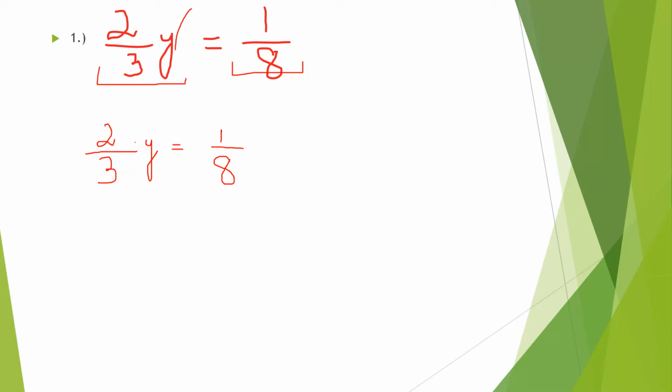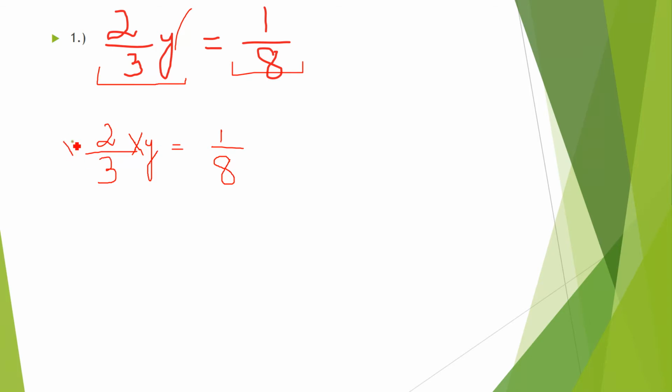If you see a dot, it means multiplication. Everyone knows this is the multiplication sign as well, right? But there is no need to show this sign here. I am just explaining that if you do not have any sign, any operation between the variable and this fraction, it means there is multiplication. So what is the inverse of multiplication? Divide, right?